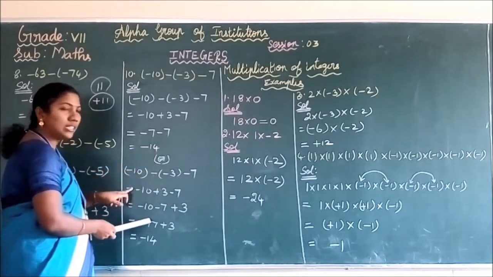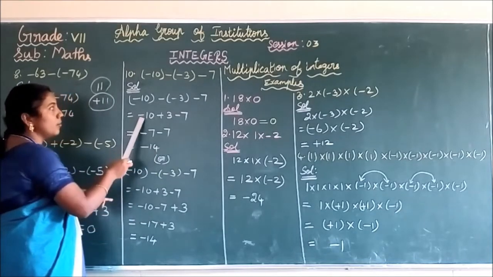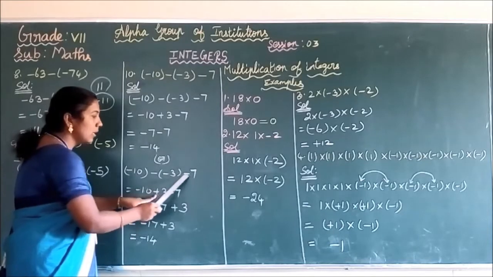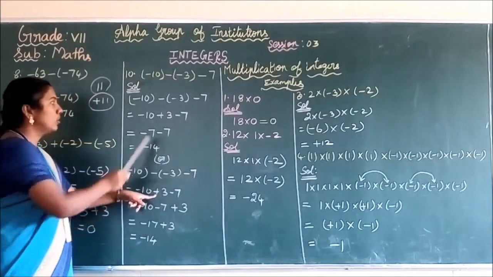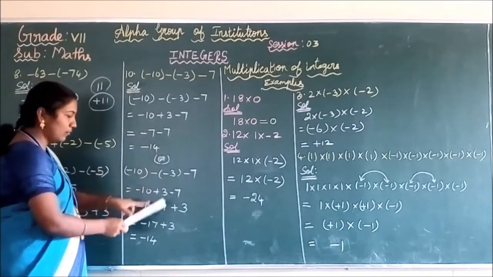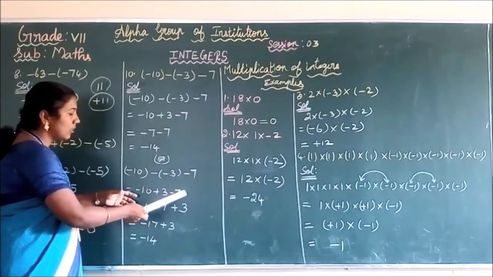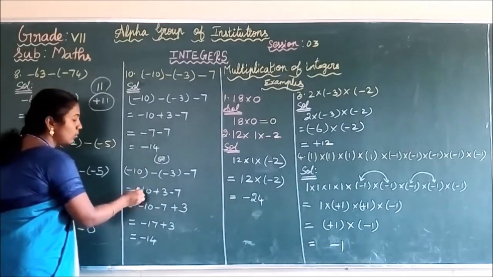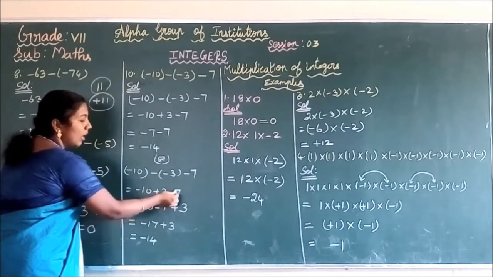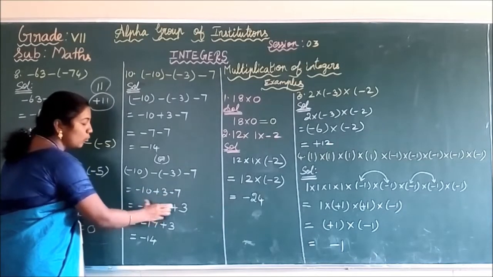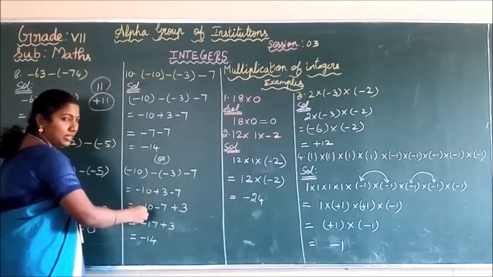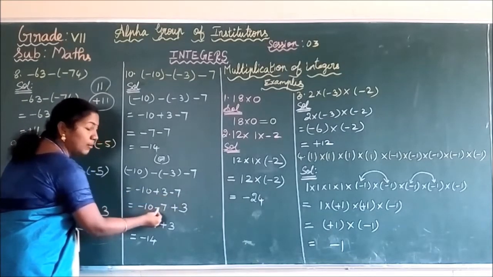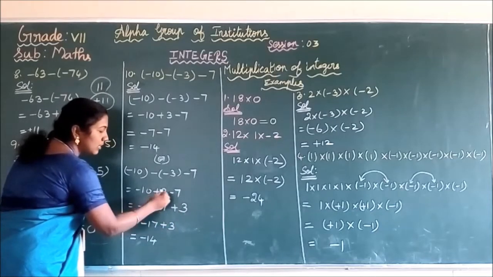Now we are going to see the alternate method. How are we going to do this sum? By another method. See, minus 10 minus with minus plus minus 7. Okay, up to this step, both are the same. After that, you can combine the same symbol integers. That is, you have to write the minus 10 along with minus 7. That is, you are grouping the same symbol integers. That is minus 10. After that, you are writing minus 7. After that, you are placing plus 3.